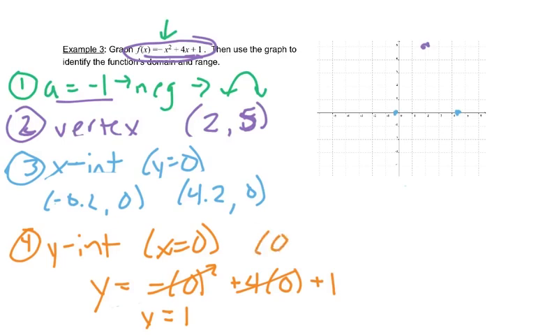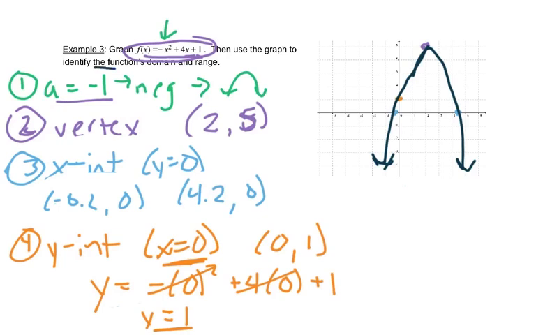And that gives us the point x is 0, y is 1. X is 0 from here, y is 1 from here. So we can put that on our graph right there. And now we're ready to draw our curve down through here and then down through here. And that's our graph. The second part of the directions here say to use the graph to find the domain